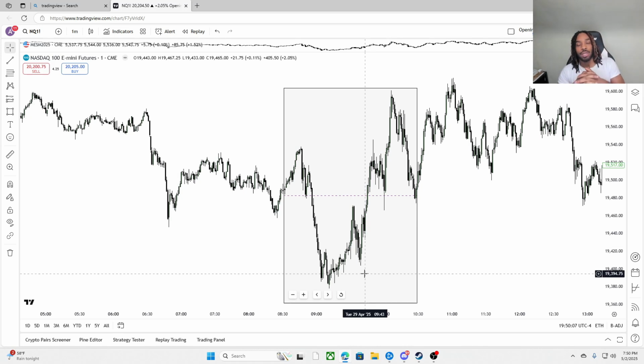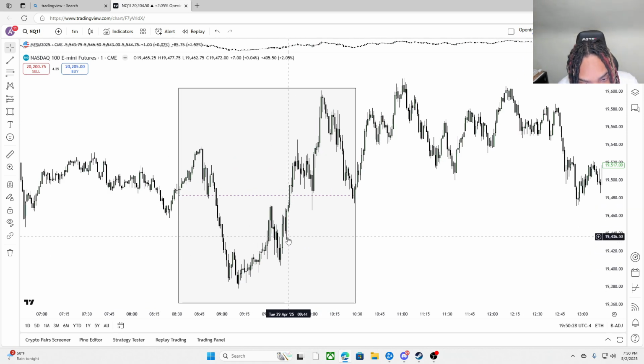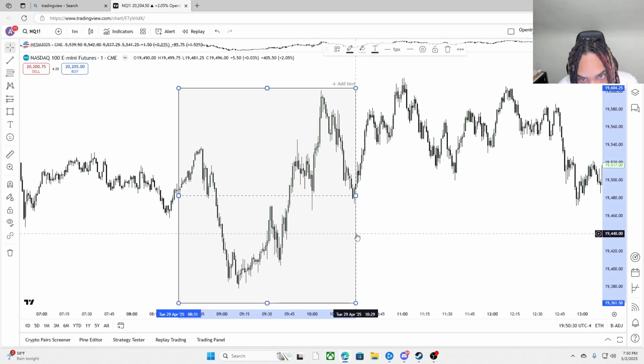I don't trade before 9:30, so it's easy for me not to get caught up inside of this manipulation because I wasn't trading yet. I don't start trading until 9:30, and this is where we were at 9:30 right here. So I see us did this, we took out the short term low, we traded higher, we left a fair value gap right here, and price traded back inside the fair value gap. I'm going to delete this rectangle now.